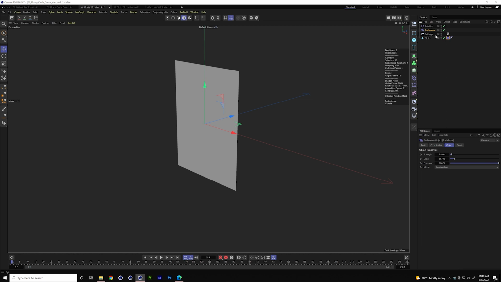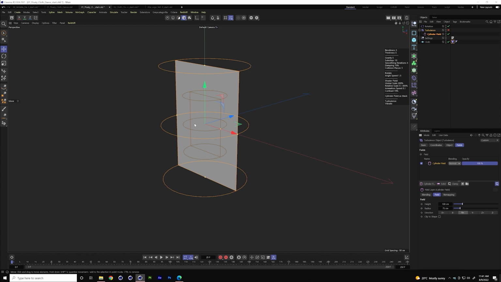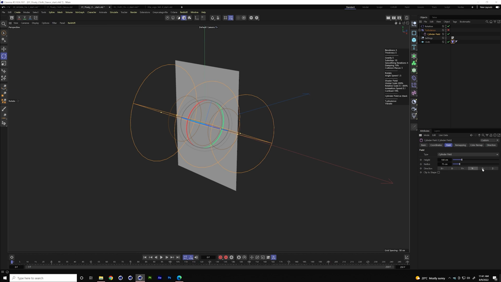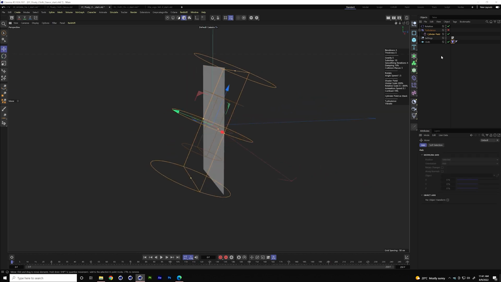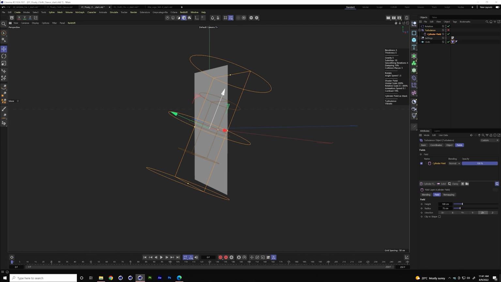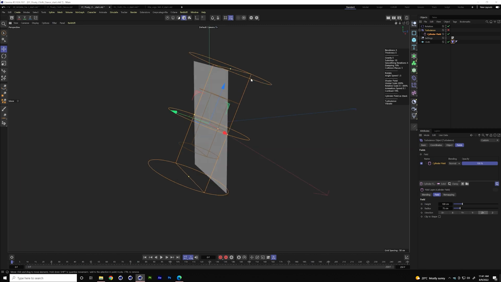Let's actually control the rotation. Right now we're just applying rotation to all of the polygons at once. What I'm going to do is control the strength of this with a field. So in the middle of, say, this cylinder, right here, let me rotate the cylinder here. The rotation is going to be around this axis, and we're going to limit the rotation strength to inside of this cylindrical field. So if I hit play now,